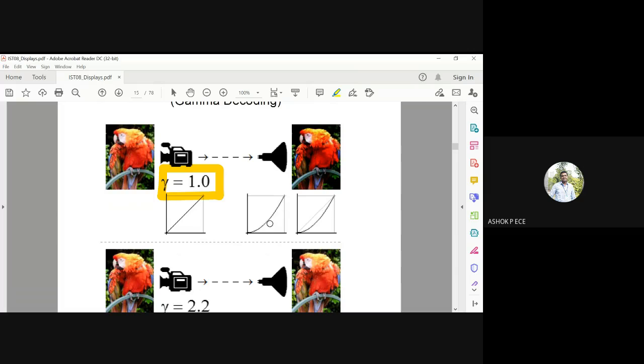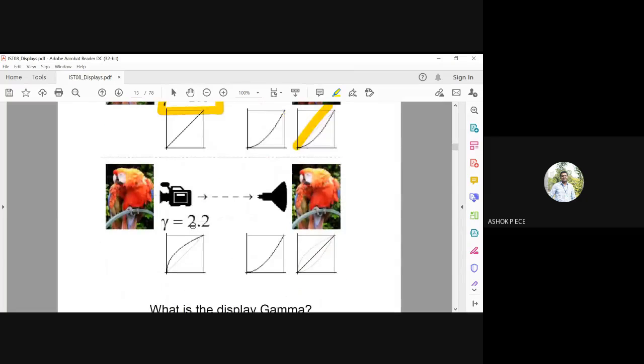On the output side, you will get a non-linear thing because of the non-linearity of the display. You have to make that non-linearity into linearity by converting this curved graph into the straight graph. You have to perform gamma decoding. Now see, assume your camera has gamma equal to 2.2. Your display should also have the reverse of that to cancel out that gamma correction. So if the camera is going to have a gamma graph above the straight line, this should have a gamma graph below the straight line so that both of these cancel and you get the exact image.